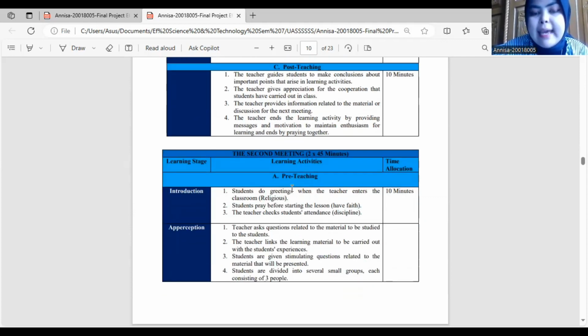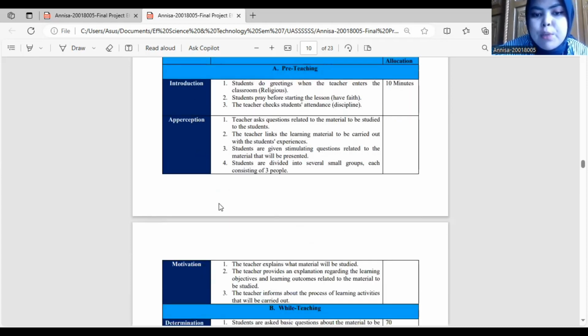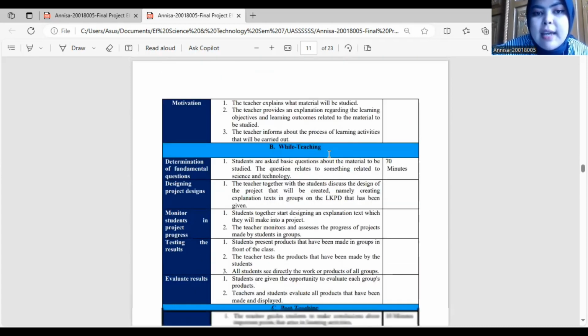And for the second meeting, the time allocation and the stages are almost the same, but there are some differences. It is the same as several steps in the learning process of the first meeting, such as in the pre-teaching. The difference in this section is that the teacher will divide students into small groups consisting of 3 people. Also, there is the introduction, appreciation, and motivation. And we come to the while-teaching,